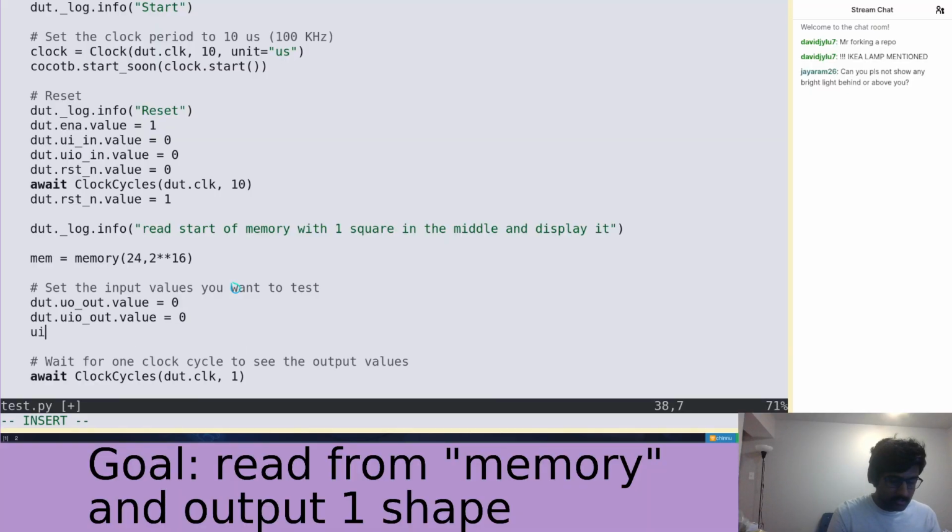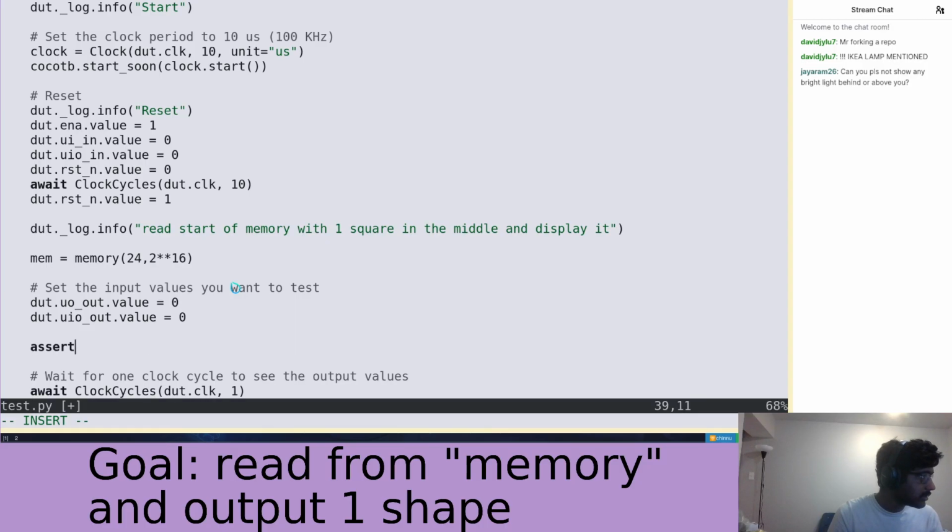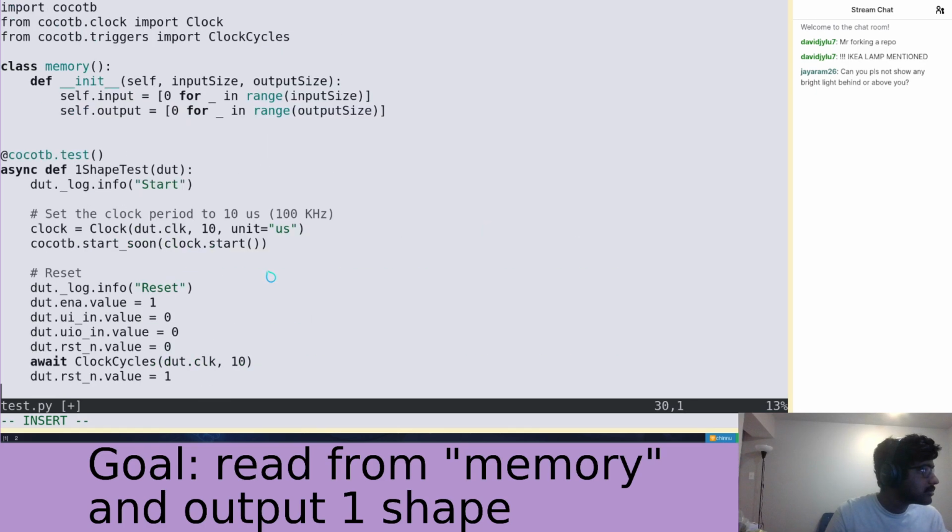And then obviously UI, and then we're going to make a check, an assert, that uio_enable.value equals